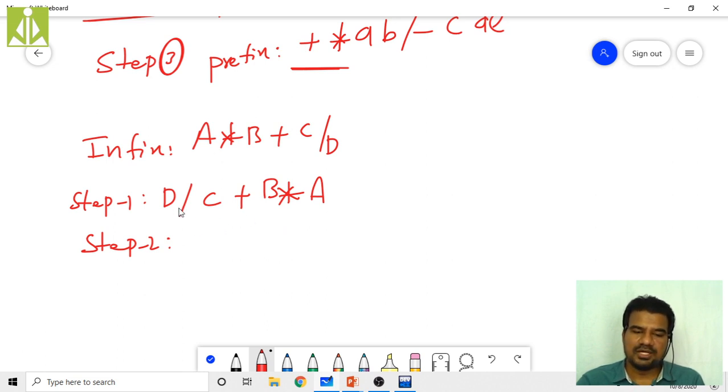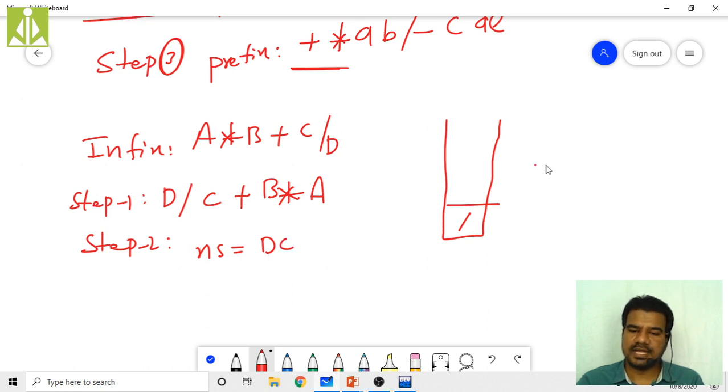So how will it be? Take D, and add it to the output string, ns meaning output string. Then we have the division. Take the stack, push division onto the stack. Then we have C, add it to the output string.